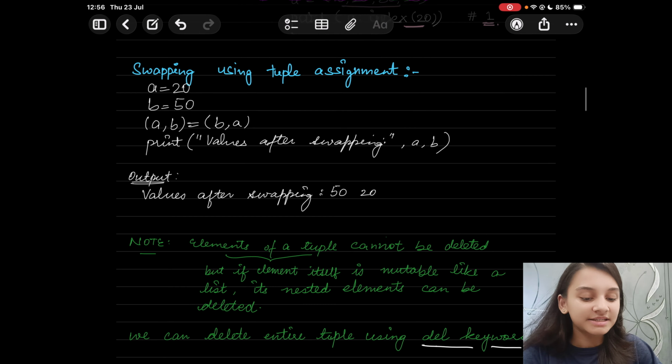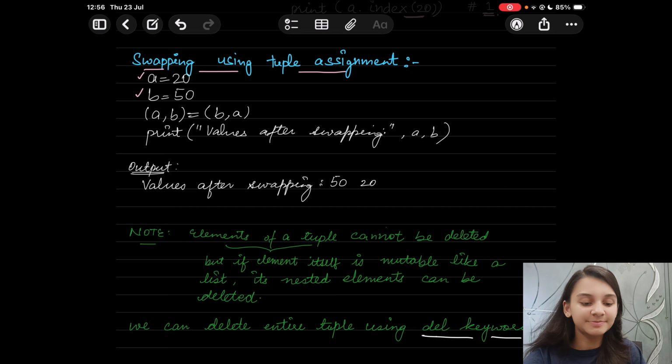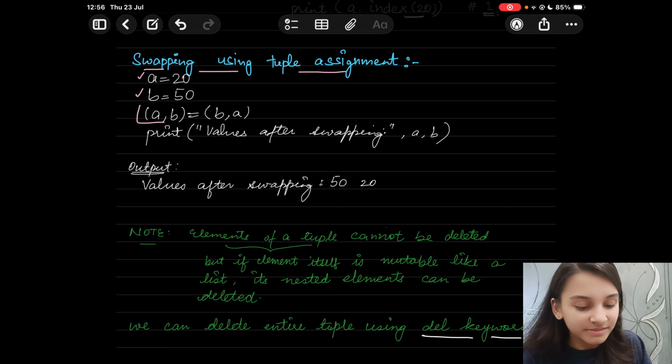Moving to the next concept, which is swapping using tuple assignment. We are taking two variables here, a and b, assigning the values of 20 and 50 respectively. Now, to swap the two variables, you can make use of tuple assignment in this way.